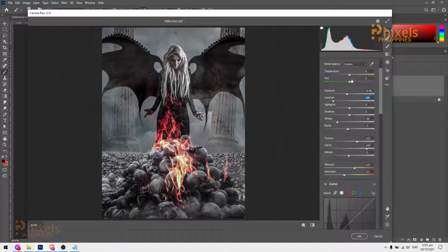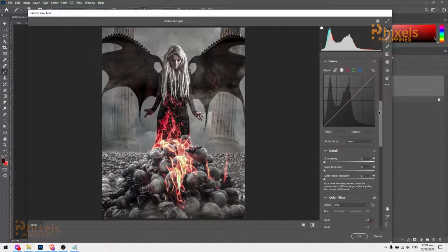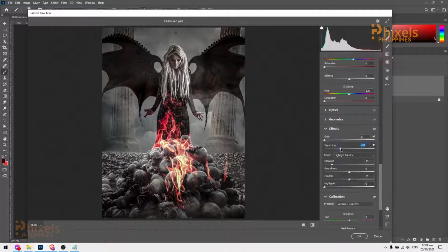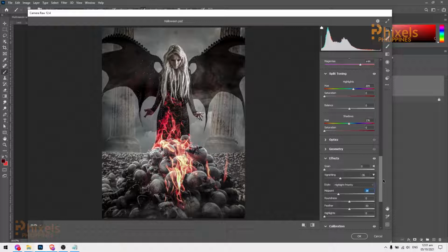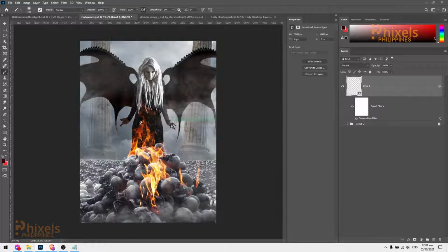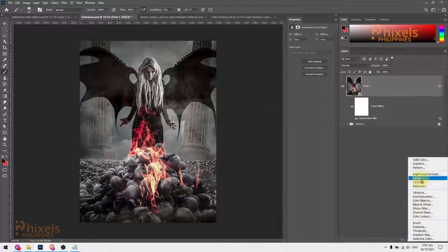Okay, temperature, would you like it to be cool or warm? This is the cooler one and this is the warm one, so I think we can have the warmer, no, warmer. And then let's add some vignette, like that, midpoint, actually, the rest is subjective na, so you can just play around, guys. Ganun lang. Now, you click OK, and to top it off, you can actually add another adjustment layer, which is